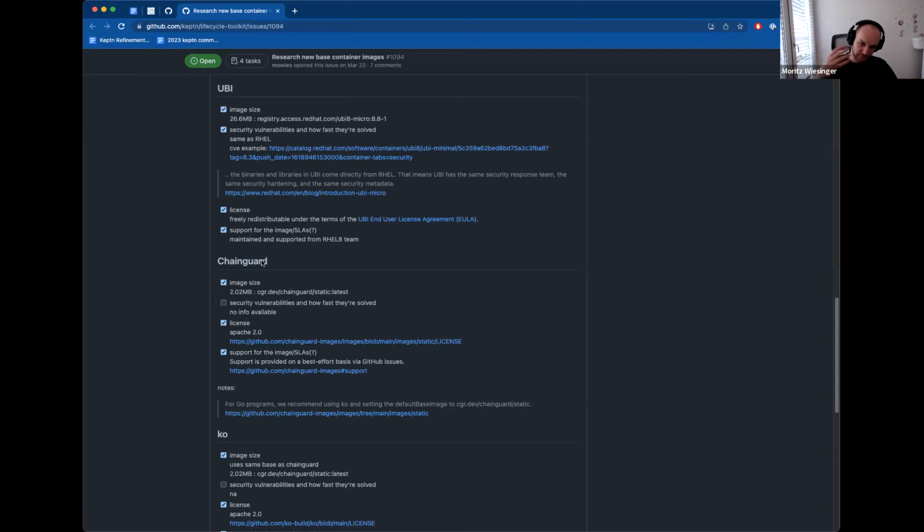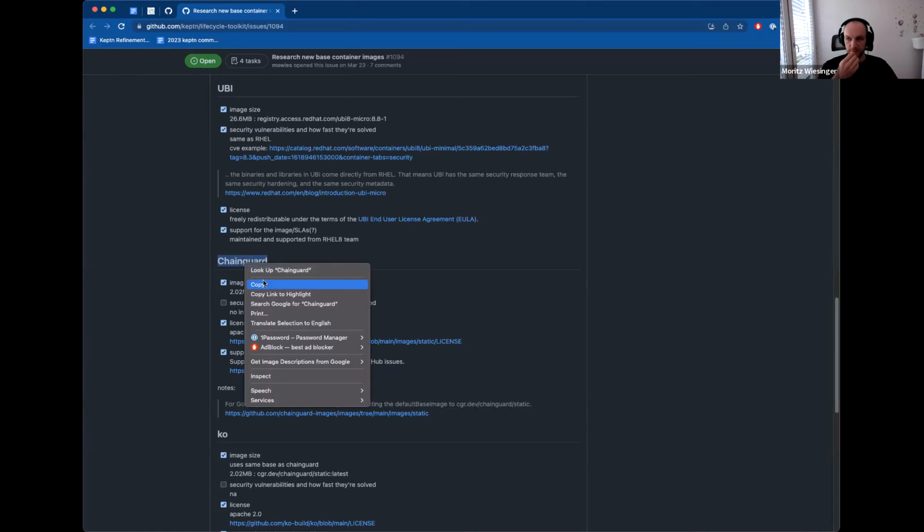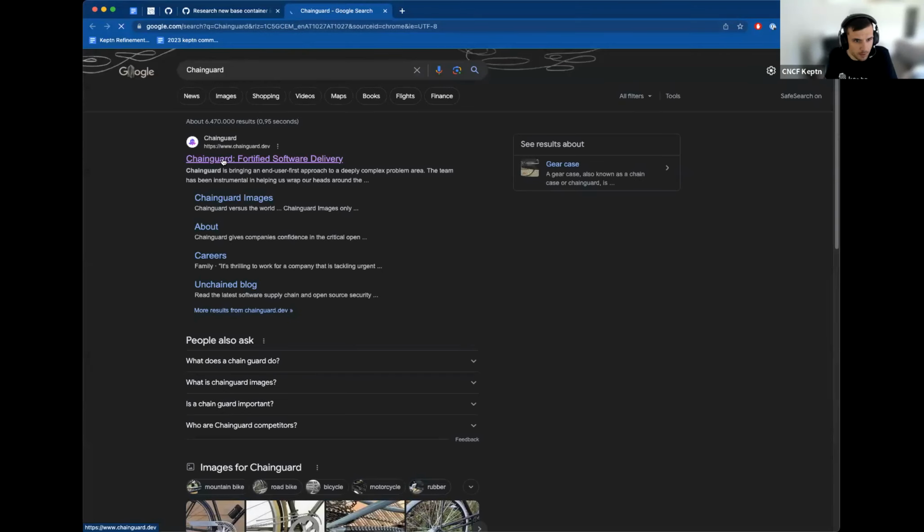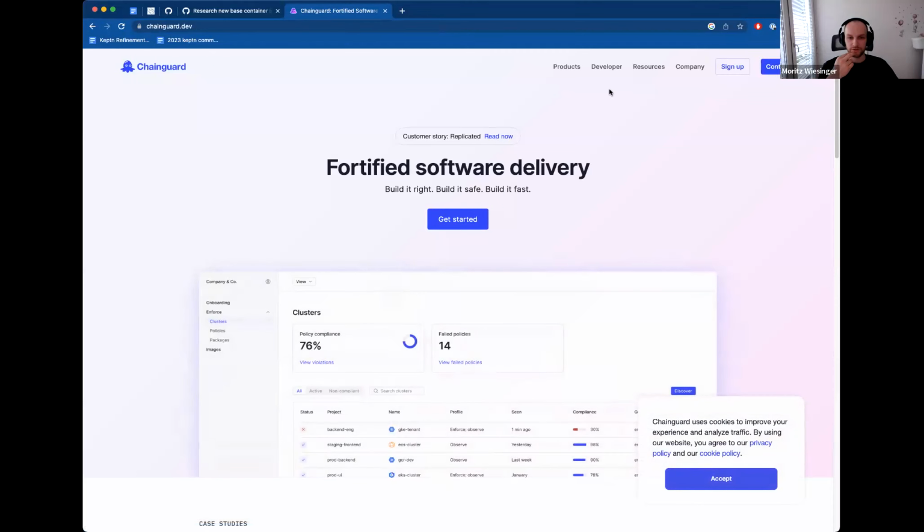And of course, the SLAs behind Red Hat Linux safeguard that for UBI as well. And then Chainguard also has SLAs, but there's less background info or experience. As far as I remember, they have an SLA, but